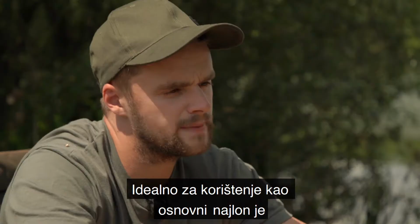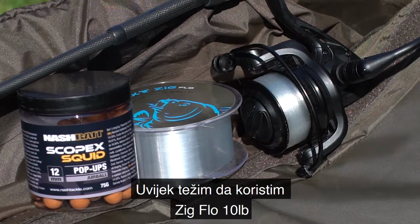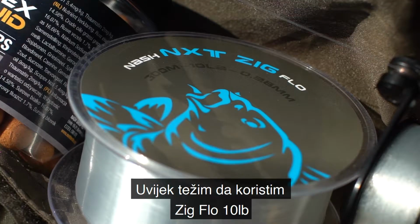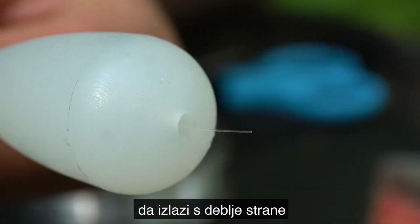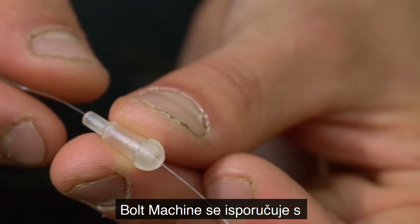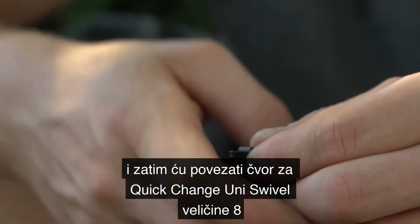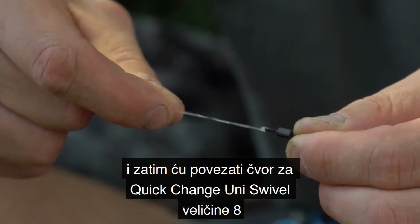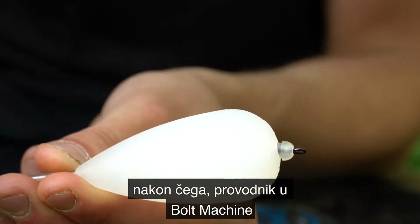Ideally, you want to be using a mainline or a mono with an element of buoyancy to it. I always opt to use the Zig Flow in the 10lb, and thread the line through the stem of the bolt machine, coming out of the fat end of the bolt machine. The bolt machine comes supplied with a small little plastic grommet. I just thread the main line through the grommet and then tie it to a size 8 quick change uni swivel. I then pull the swivel into the grommet and then the grommet into the bolt machine,